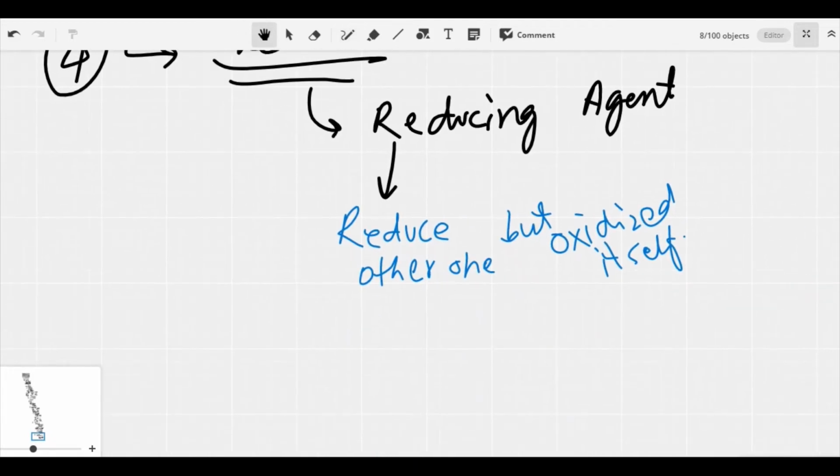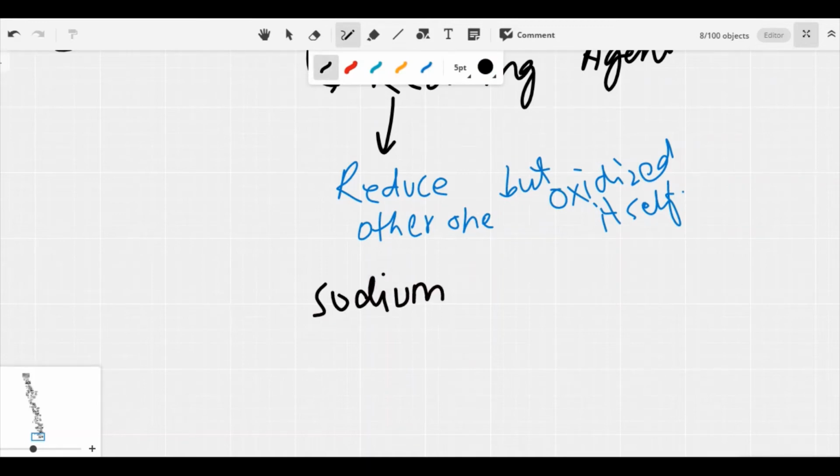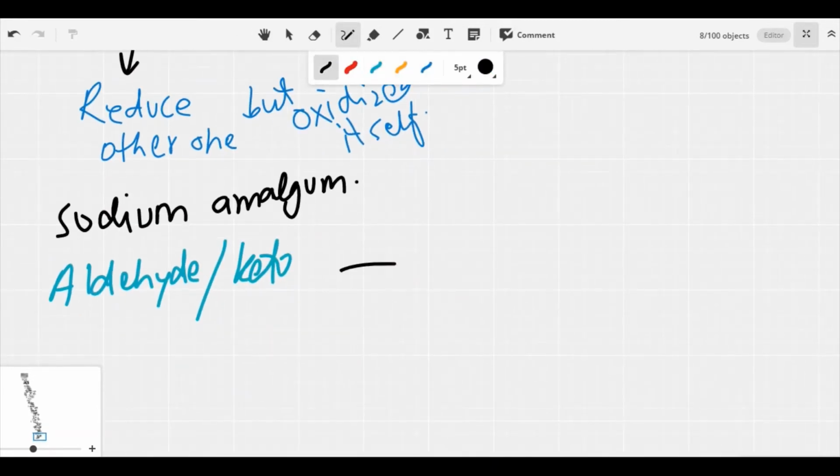Okay, so here we can use sodium amalgam as a reducing agent. The aldehyde or keto groups of the monosaccharides are reduced to the corresponding alcohol. Remember, aldehyde or keto groups will be reduced to form corresponding alcohols. Let's suppose the general formula is